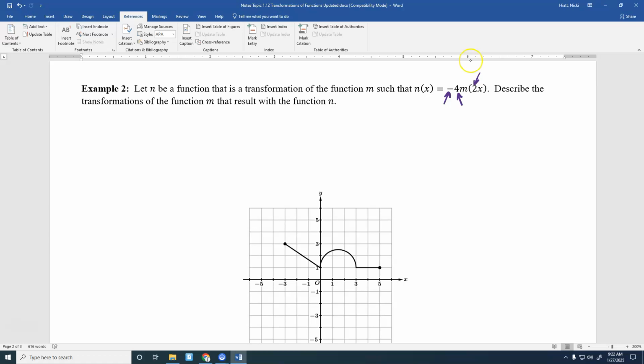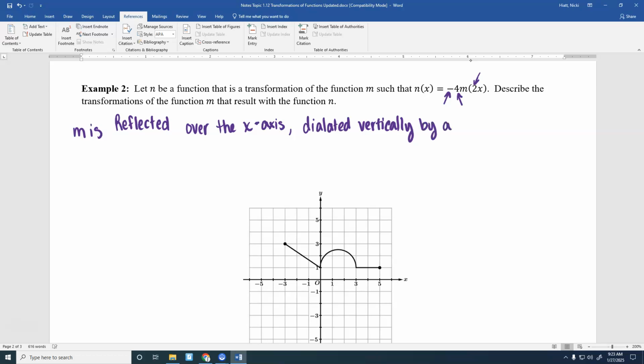So whenever we describe what's happening here, that negative is going to reflect, I guess I should say, m is reflected over the x-axis. That means that we're going to flip it upside down. And it's going to be dilated vertically by a factor of 4, and it's going to be